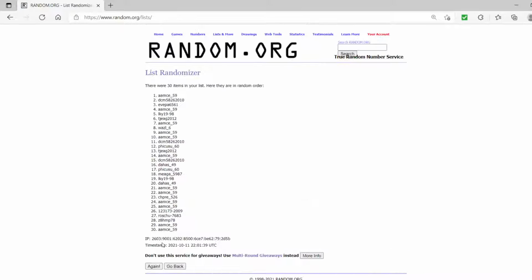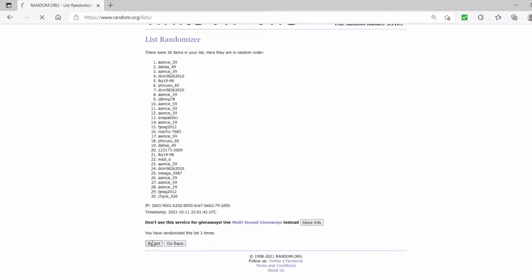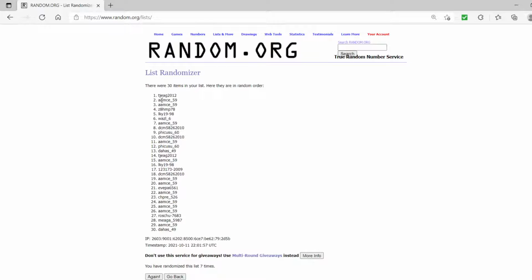1, 2, 3, 4, 5, 6. This will be the last time number 1 spot gets a 30, the last spot on the free entry for tonight's jersey break. Boom. It's going to be TJEAG